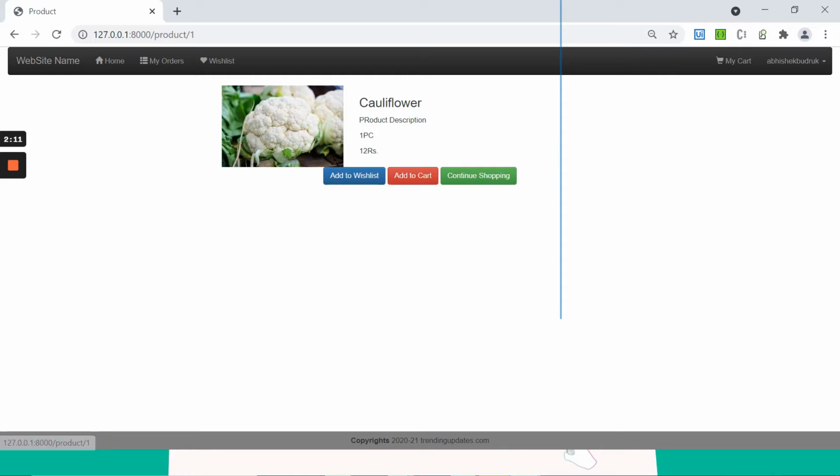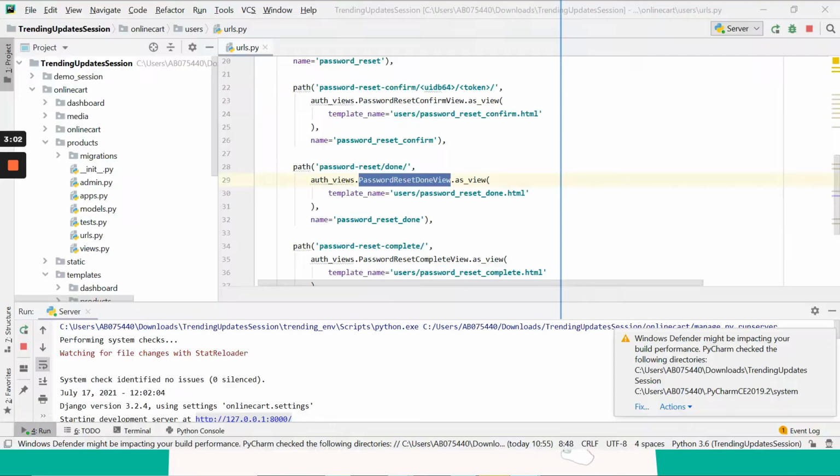Once you click on the product, it comes to the detail view, and in the detail view, you can add it to the wish list. This functionality we have already finished, and then we can see add to cart and continue shopping. So now we'll be dealing with the add to cart functionality. For that, we are required to have models called order item and order. I'll tell you what these models will do while writing the code for the models.